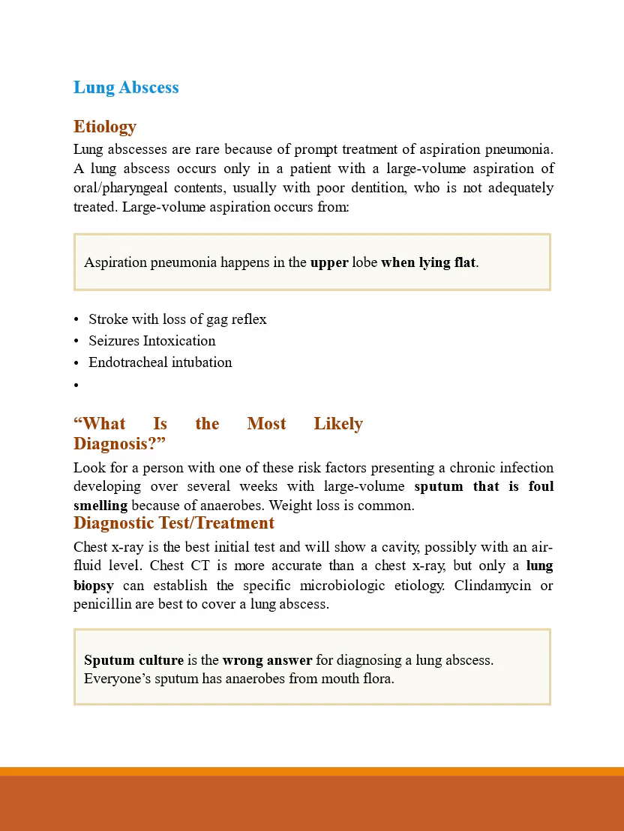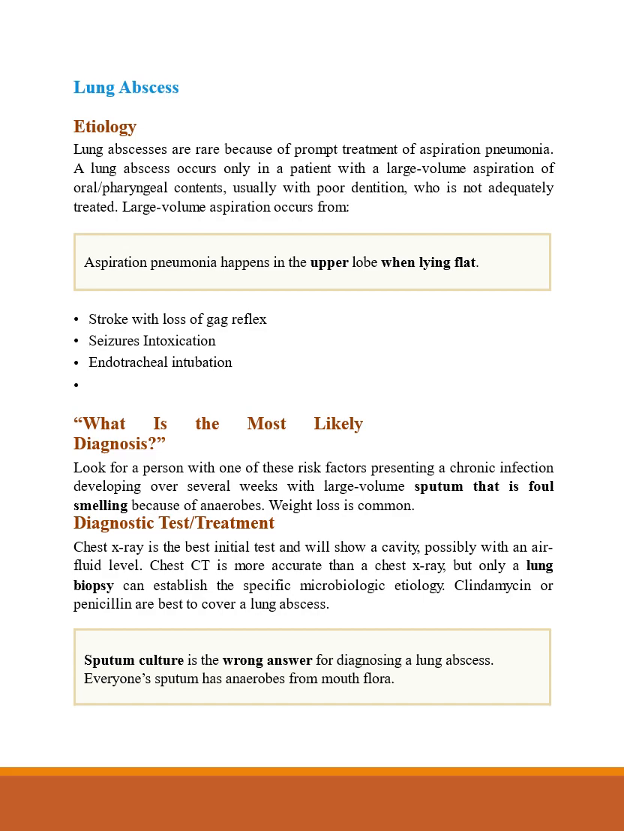So aspiration pneumonia occurs in case of stroke with loss of gag reflex, number 1. Number 2, seizure or intoxication. Number 3, endotracheal intubation. If a question is asking what is the most likely diagnosis, we need to look for a person with one of these risk factors, presenting with a chronic infection developing over several weeks, with large volume sputum, foul smelling because of anaerobes. Weight loss is common. Diagnosis and treatment: chest X-ray is the best initial test and will show a cavity, possibly with